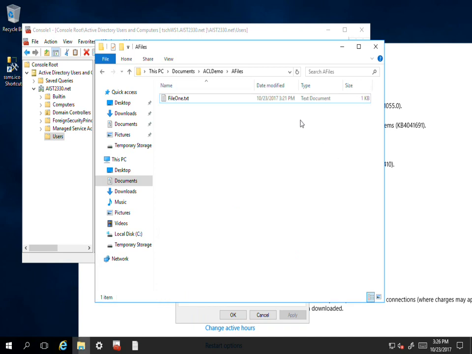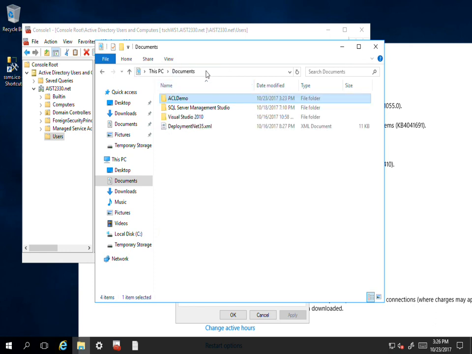So a group can modify and write this file. They can read what's in A files. They can't do anything with what's in B files. And this ACL demo thing got permissions. Well, you're going to have several groups, and it's hard. You can kind of click through and